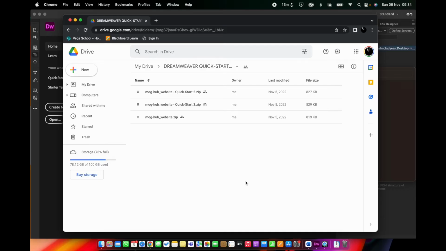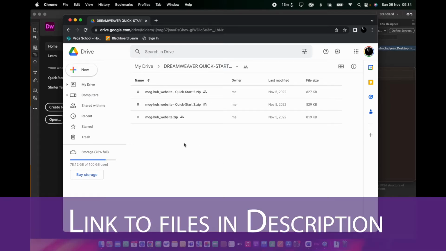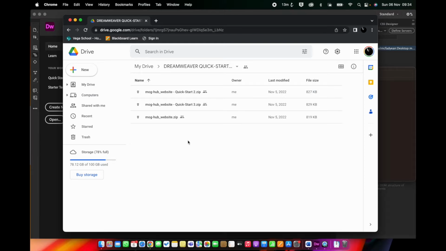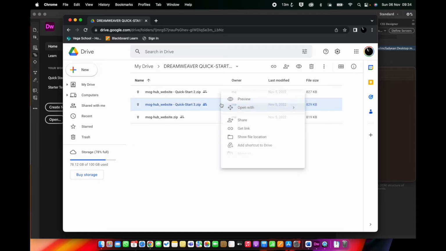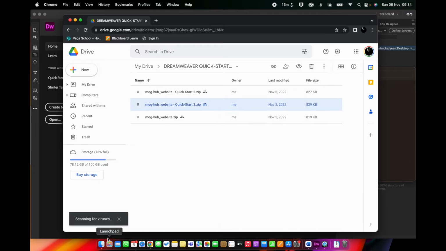Okay, so we are moving on to styling. If you completed Quick Start 2 and you are happy that you did a good job of it, you can carry on with that. If you want to make a fresh start, then if you follow the link in this video, you will find this MogHub website Quick Start 3 zip file. Just download that